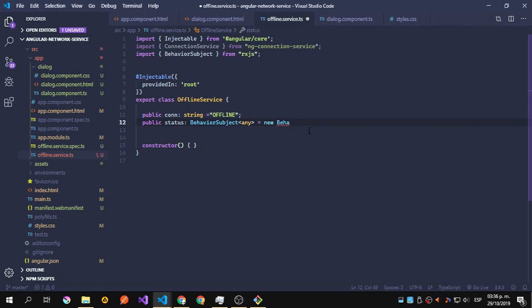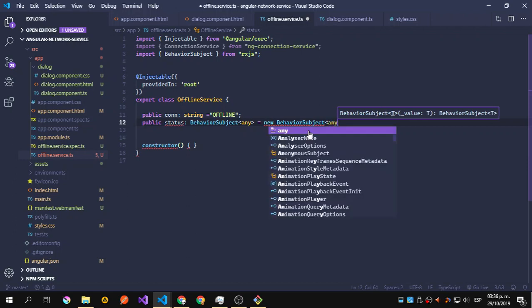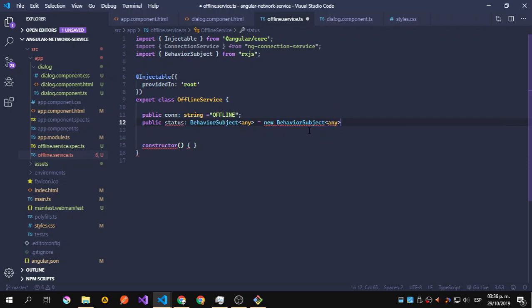So the type is string behavior subject. So we create a new behavior subject. We need to specify again the type. Okay, so we don't have to worry about this. I'm just going to set it to any. So this.con. Okay, so we're going to pass this connection inside this status that is going to be the new